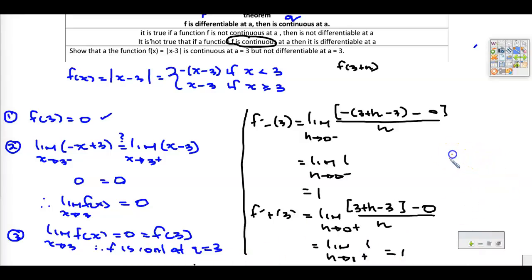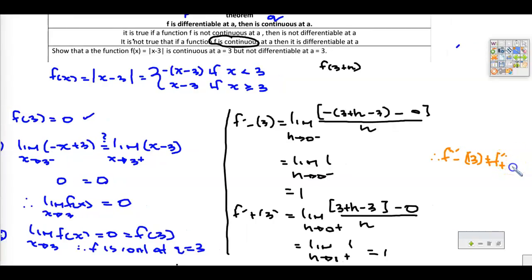And so, therefore, f prime from the left of 3 does not equal f prime from the right. I'm having a hard time squeezing this in. I don't know why it's acting up. Since they don't equal, then f is not differentiable